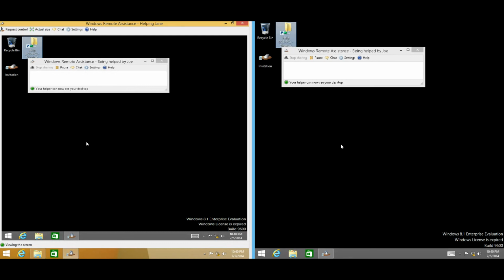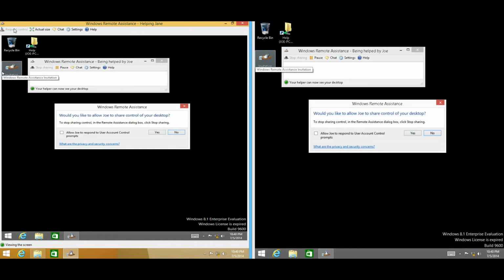Another thing that we can do is Joe can take charge of Jane's PC and make the changes for her. That's an easier option and probably a better option for Joe. All he has to do is click on this request control, and it will bring a prompt on Jane's PC asking her, hey, Joe wants to go in there and take control of your computer for a while to help fix things. Is that okay? When she clicks yes,